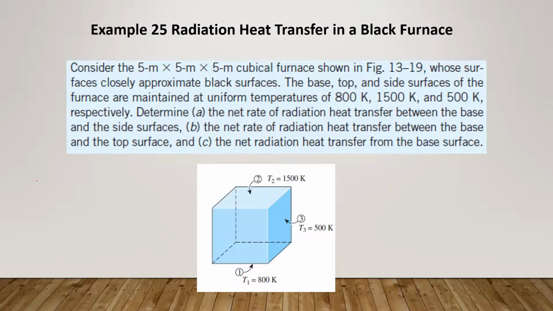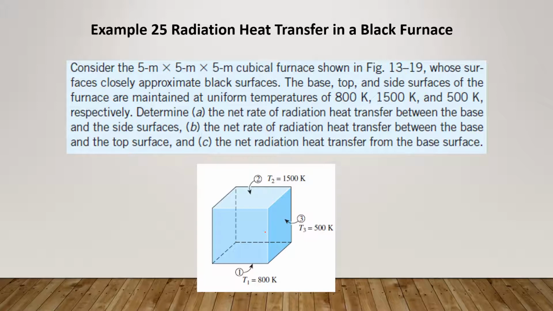Now let's take a look at the question. Consider the 5 meter by 5 meter by 5 meter cubical furnace shown in the figure. This is the figure for a furnace whose surfaces closely approximate black surfaces. The base, top, and side surfaces of the furnace are maintained at uniform temperatures of 800 Kelvin, 1500 Kelvin, and 500 Kelvin respectively. So first, determine the net rate